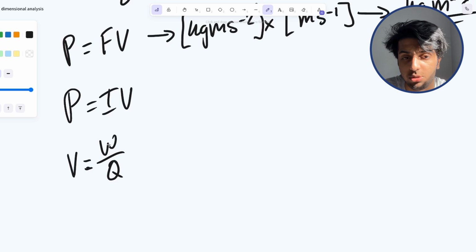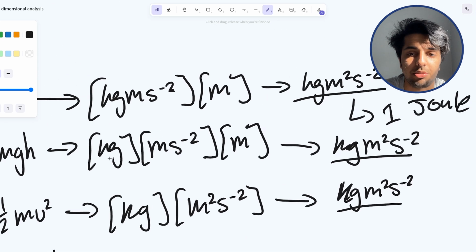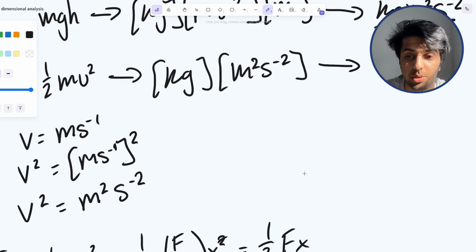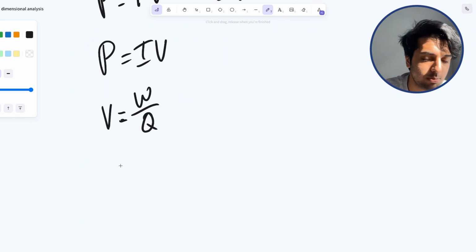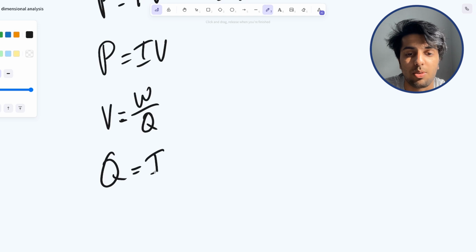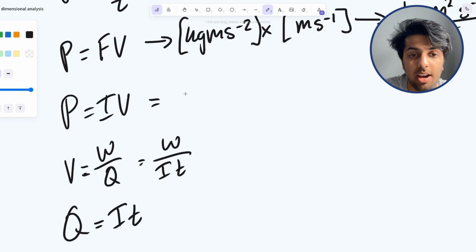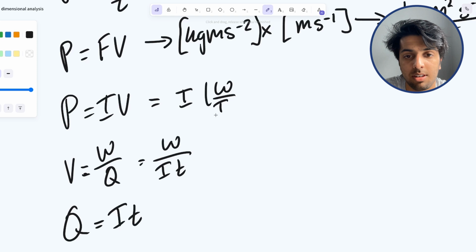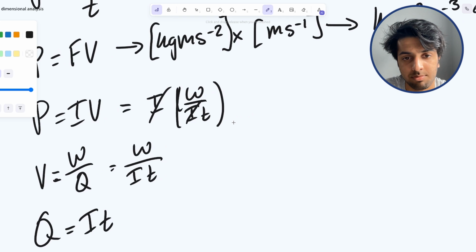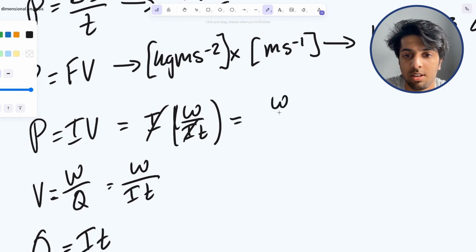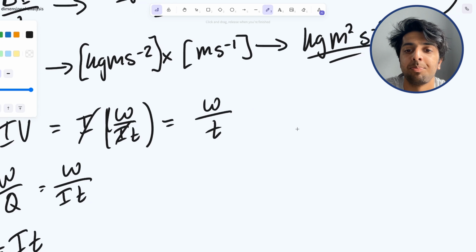And so we know work, which is just energy, is what we have derived here, kg meters squared per second squared. But what's Q? What's a charge, right? Q is equal to amp seconds, right? So IT, ampere seconds. So that means that a volt is equal to the amount of work over IT, and so power is equal to I times W over IT, right? And so we can cancel out these I's, right? And so power is just the amount of work done over time, and we get